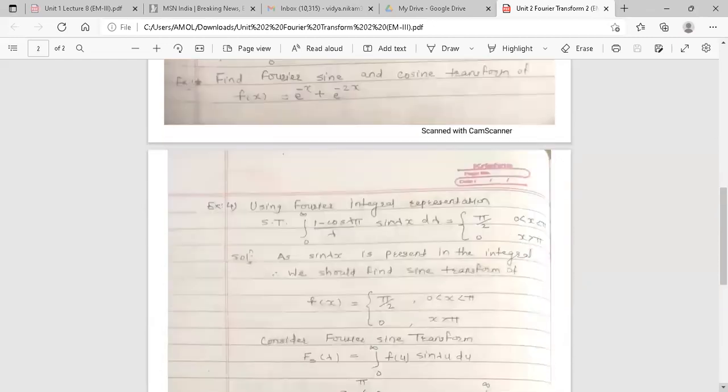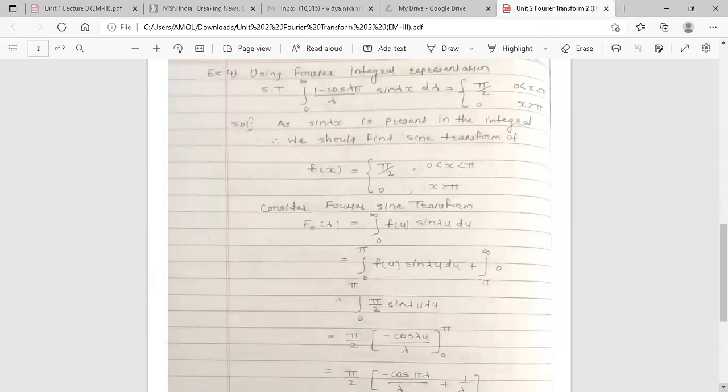Now the next example: using Fourier integral representation, show that the integration from 0 to infinity of (1 minus cos lambda pi) upon lambda into sin lambda x d lambda is equal to pi by 2 when x is between 0 and pi, and it is 0 when x is greater than pi. Using Fourier integral representation, the same thing here, you find the inverse Fourier transform. To find the inverse Fourier transform, you first find the function here. Show that means this LHS term is your inverse Fourier transform and its value is given here in the RHS. Means the RHS term is